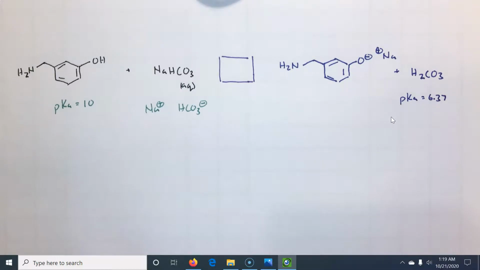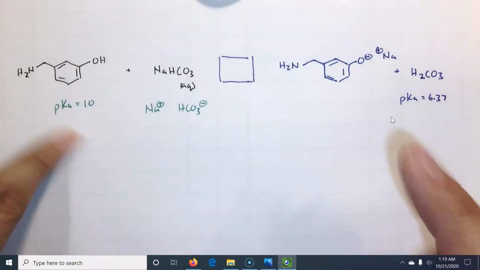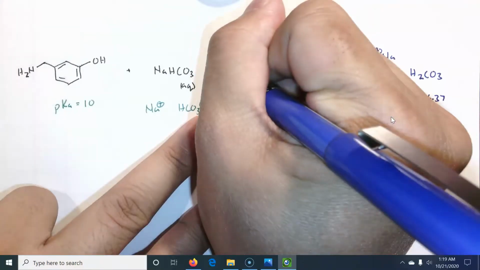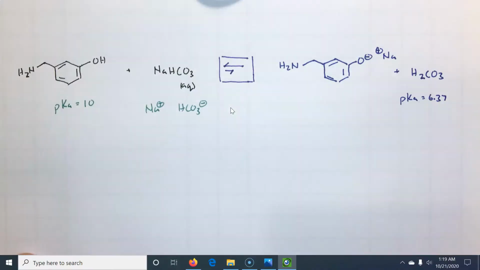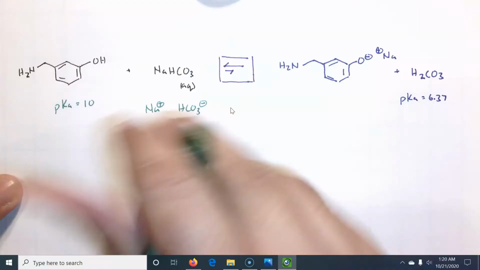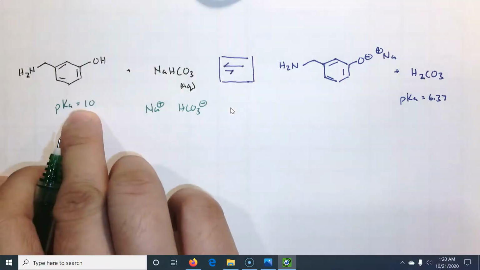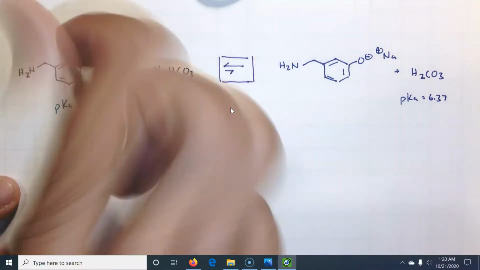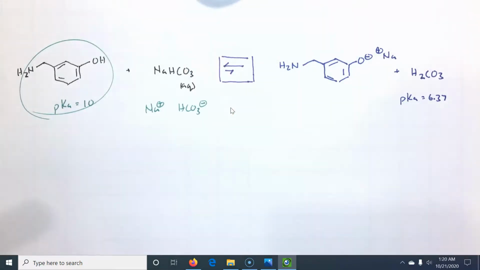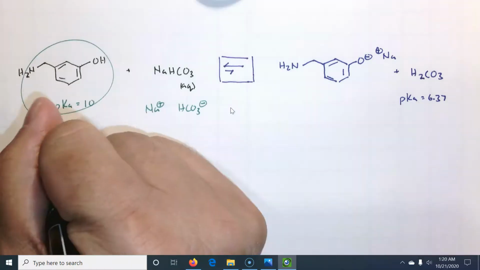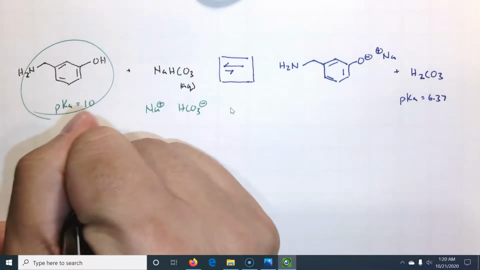Look, which is the weaker acid? The weaker acid is phenol. So we have this, we have that. Now you may wonder, why? We didn't do anything, because this is not going to be deprotonated a lot, because the equilibrium goes to the left. Why is that good? It's good because now when I do an extraction with nachos,